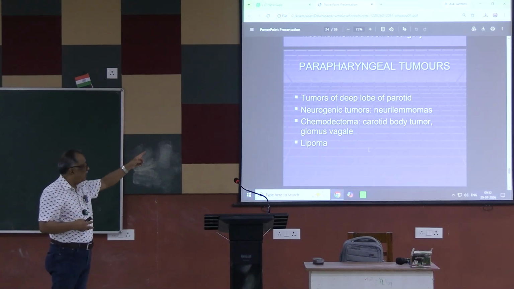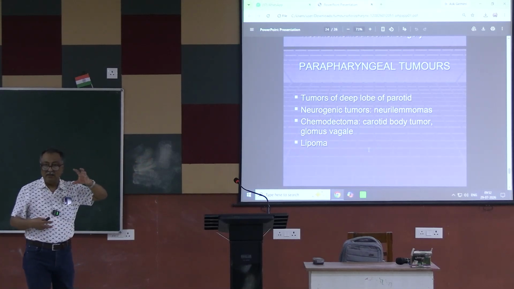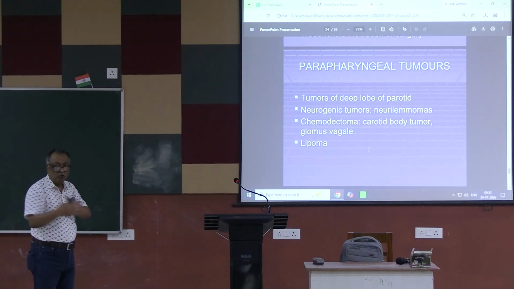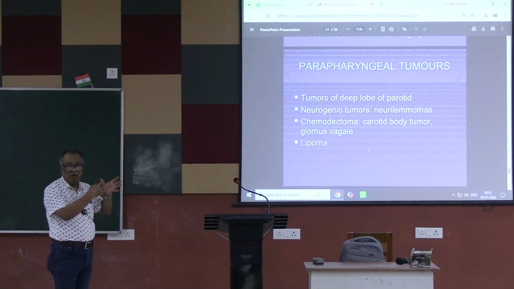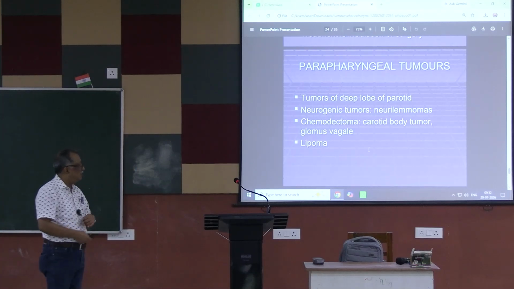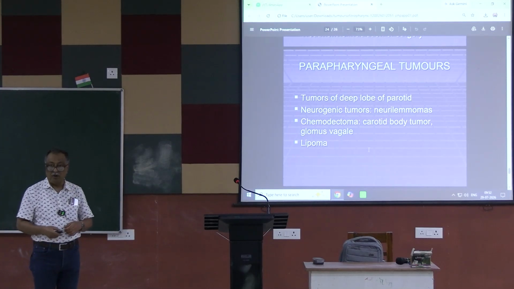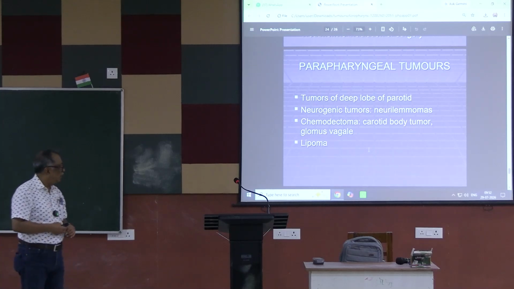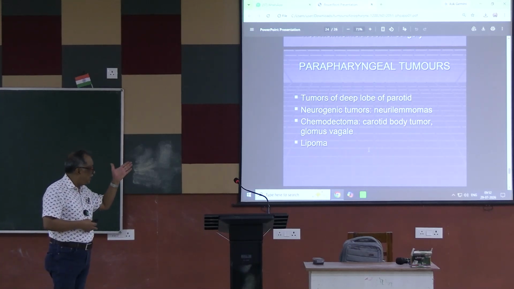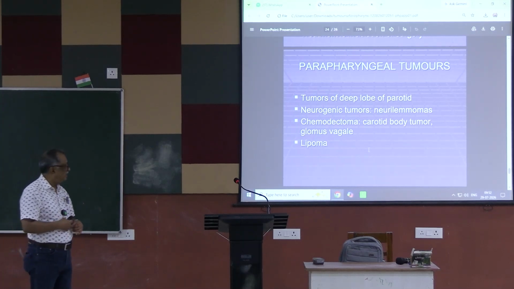That may be due to the deep lobe of the parotid. There is a malignancy, there is a pleomorphic adenoma involving the deep lobe, and it will push the whole lateral wall of the pharynx medially. Neurogenic tumor, that is the neurolymphoma, or chemodectoma, that is the carotid body tumor. Carotid body tumor or the glomus tumor, you can delineate this tumor by the DSA or by the CT scan